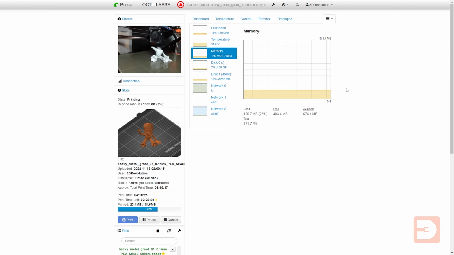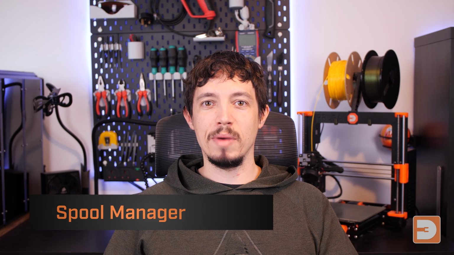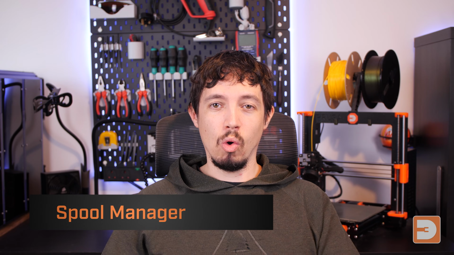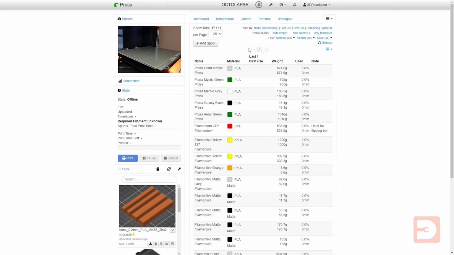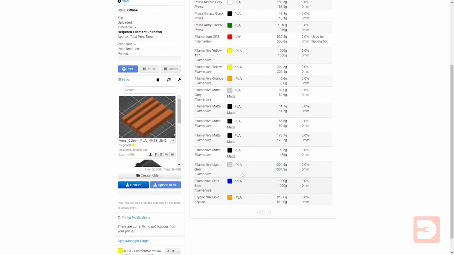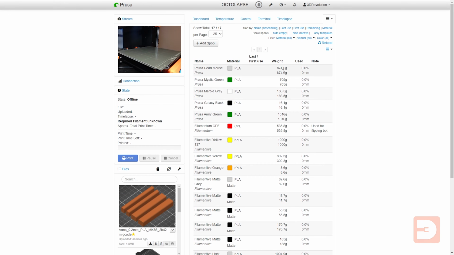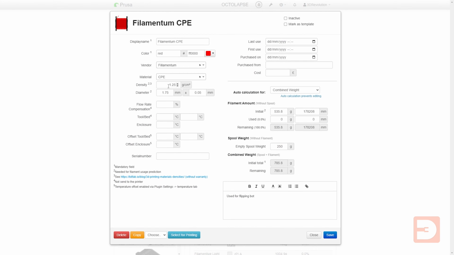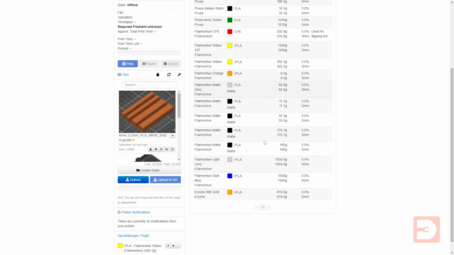My final additional plugin is Spool Manager, and it allows you to manage all of your reels of filament. As long as you set in the right settings at the beginning, so you say, oh, I've got a 1 kilo reel of PLA that is this color, I've got a 750 gram reel of this color, etc. Then when you set the reel, when you start a print, it will monitor how much of that's being used. You'll be able to see how much you've got left both in length and in weight, and it's a great way of being able to stay on top of how much of which filaments you've got left.